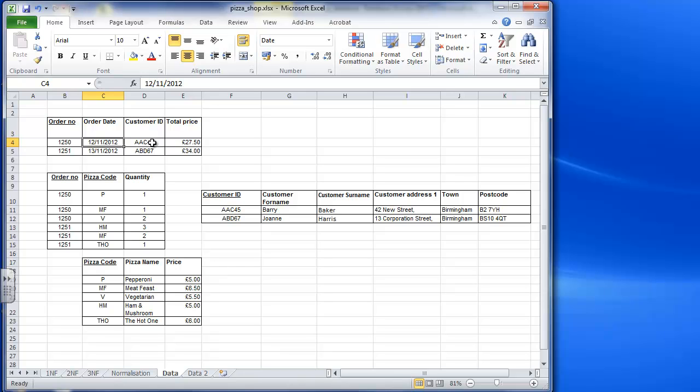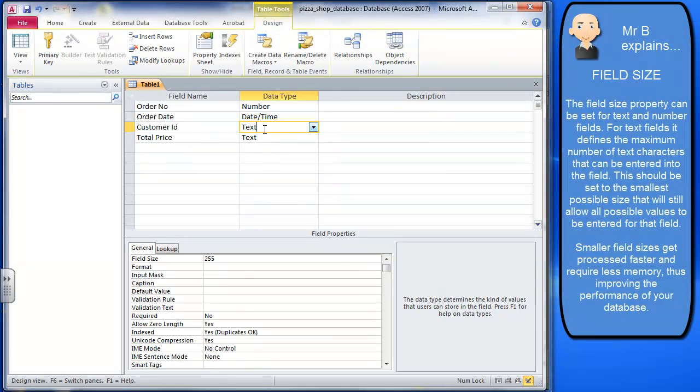And we can also see that it's got 5 characters, certainly with the data that we've been given so far. So what I'm going to do there is choose text, and at the moment I'm going to set that field size to 5. Now obviously, again, you'd have to check that with someone who understands the system with regards to whether or not that is the case for all of the data, or whether or not it's likely that we need to perhaps give a bit of expansion room, maybe set this to 10 or 20, depending on the situation. But if they're absolutely positive they'll never need more than 5 characters for the field size,